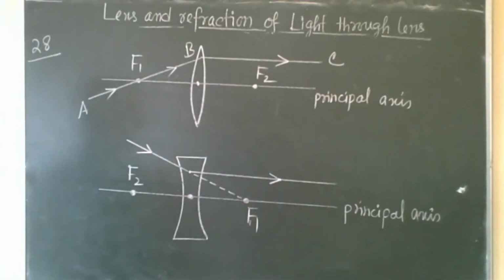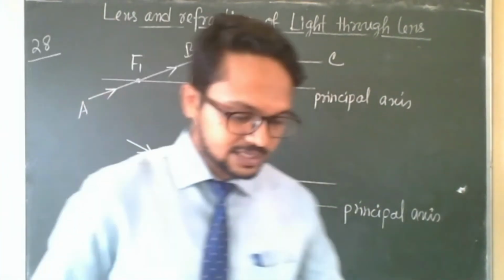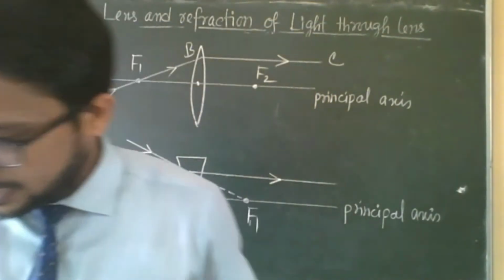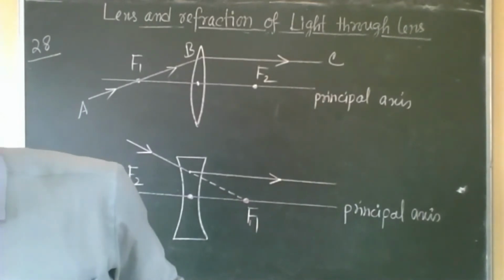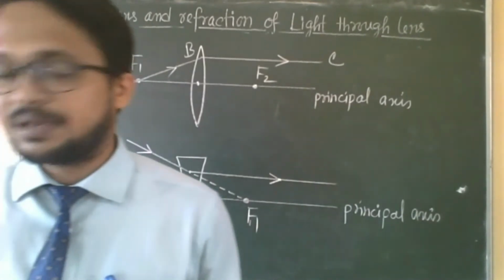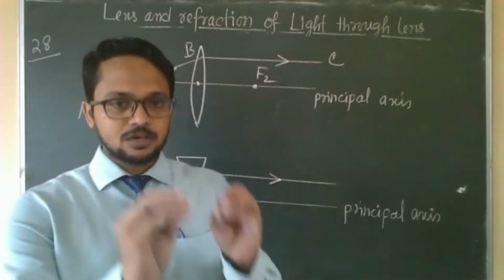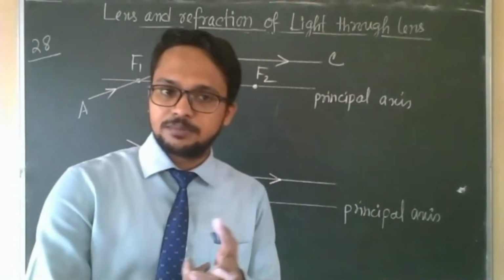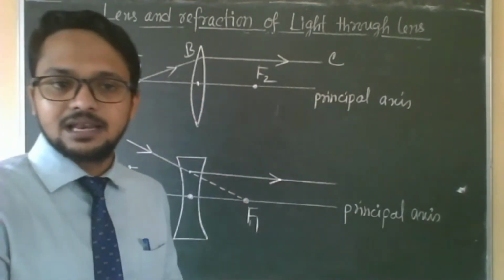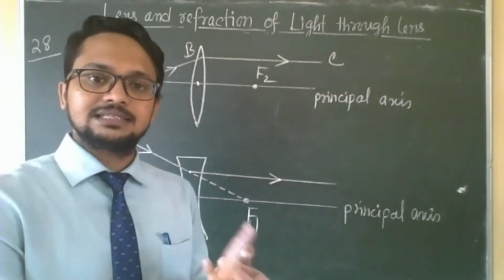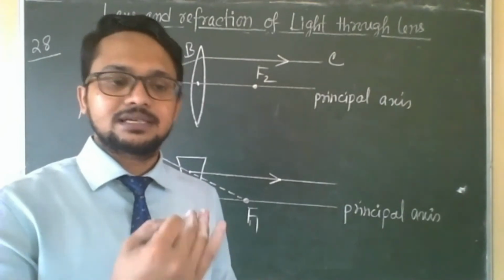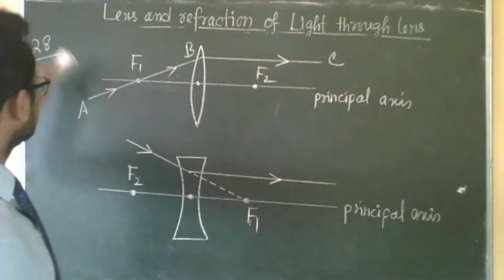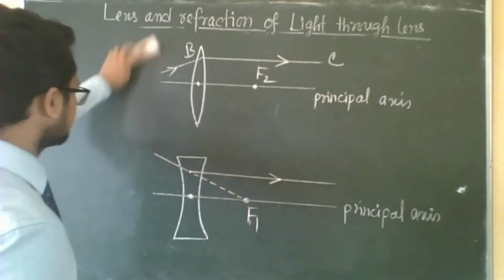So this is the ray diagram. These are the two ray diagrams, question number 27 and 28. So this is all about this part. Next we will see part B, formation of image by lens. For the formation of image, you have to keep in mind this thing: when incident light is parallel, after refraction it will pass through F2. So I am writing those points, then I am ending.